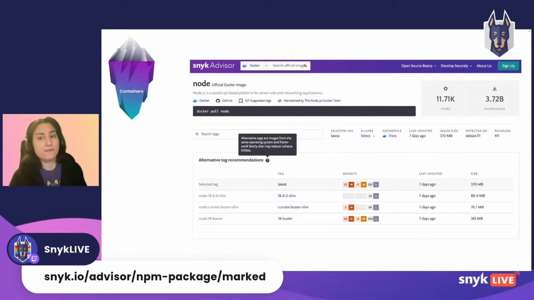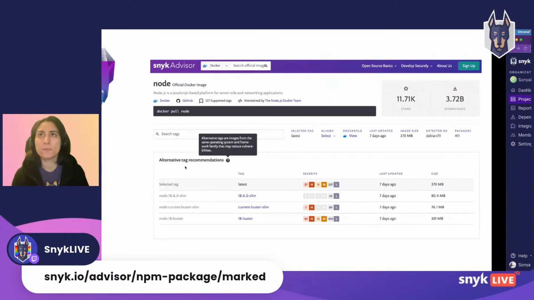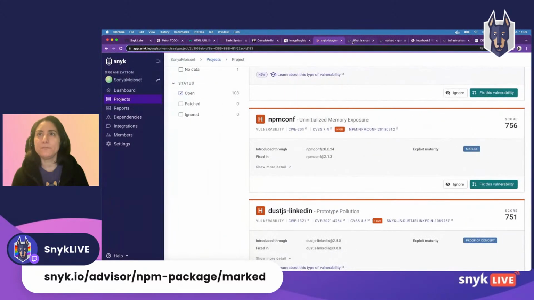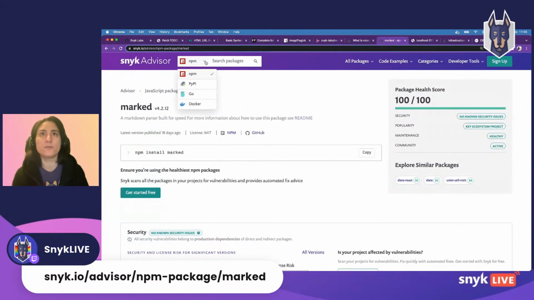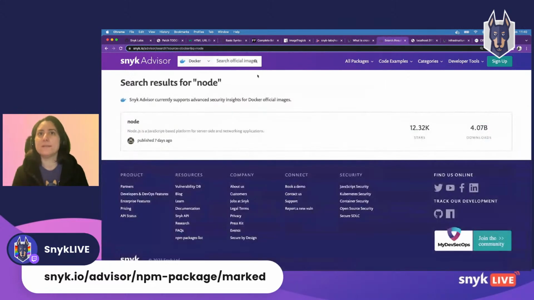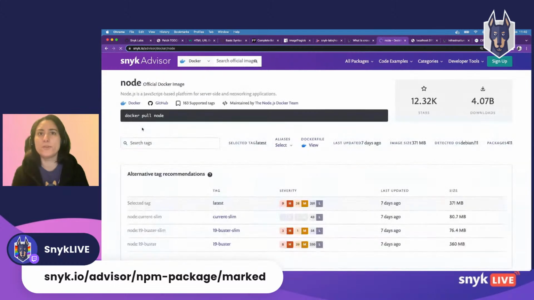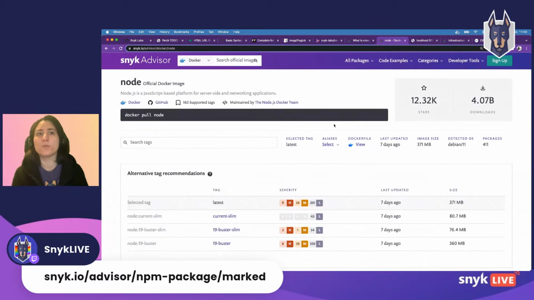You can also use Snyk Advisor and get some information to help you take a decision on which Docker image will suit your project. So if I go back to Snyk Advisor and click the little dropdown, select Docker, I'm going to try with Node and see what I'm getting. If I click on Node here, there's some metadata info, the number of stars, the number of downloads.